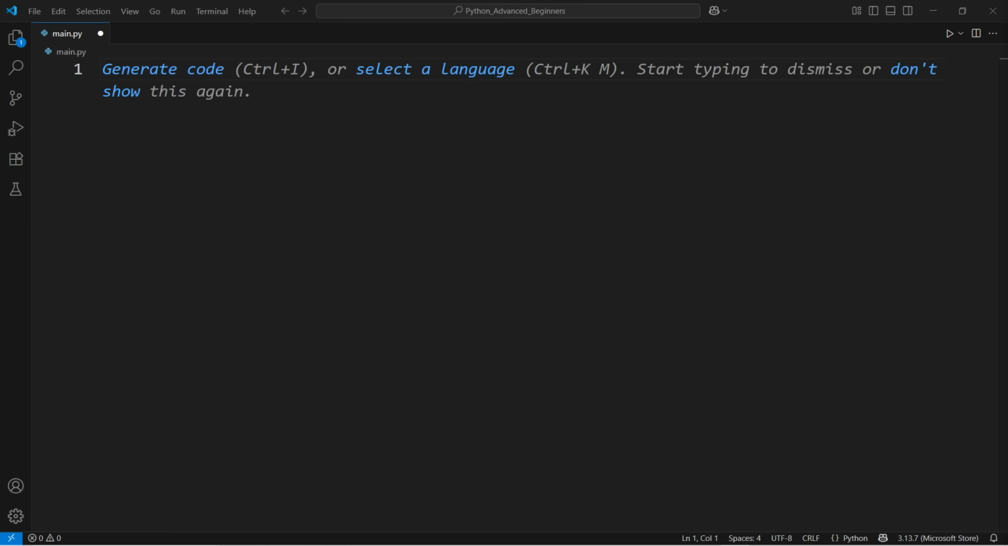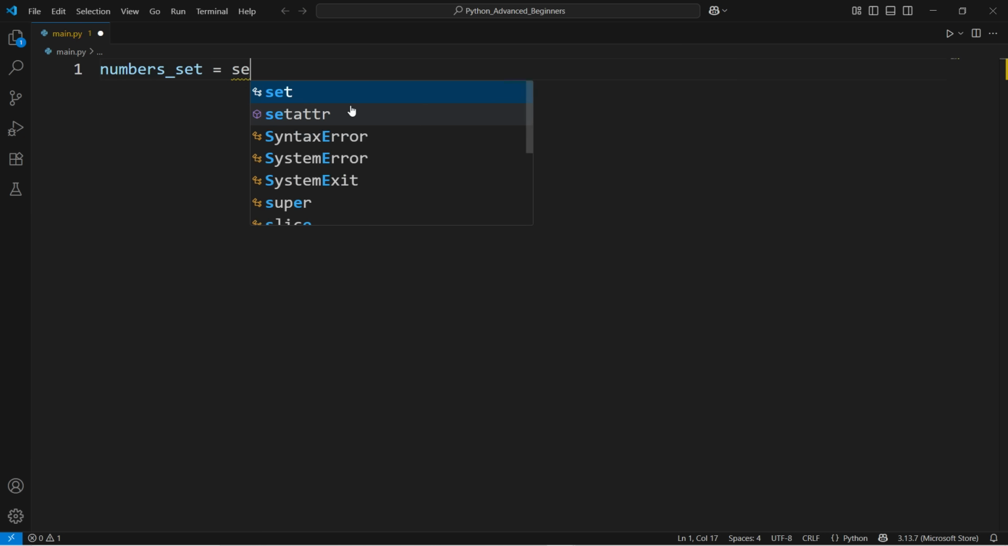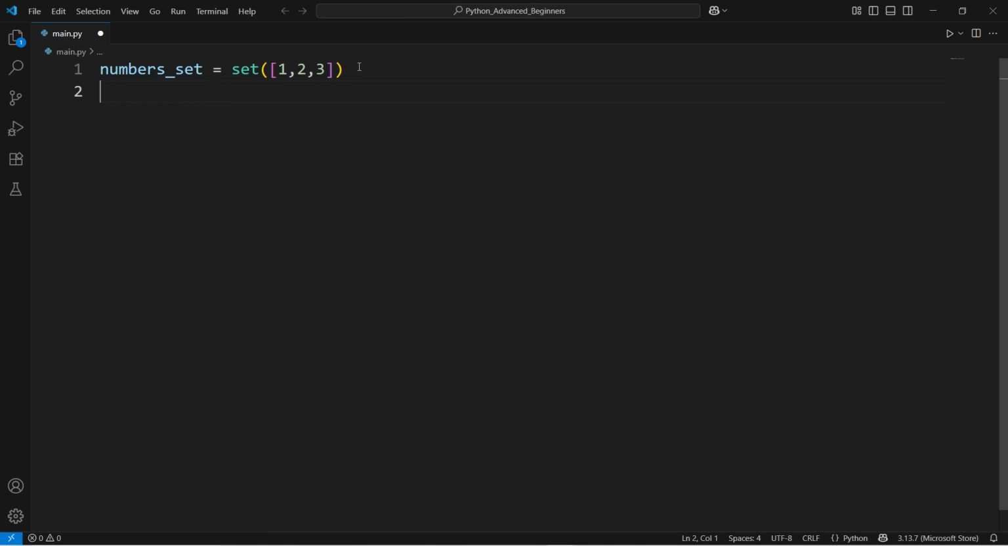Next, we'll update a set using the update method. So let's create a set of numbers. So let's create a variable named number set. Let's assign it a set function. And in the parentheses of the set function, let's pass a list of numbers. Let's copy number set. Let's go to the next line and paste, and then we'll call the update method, which